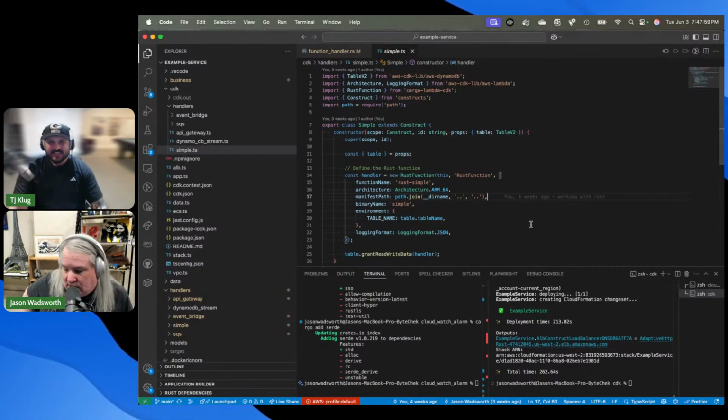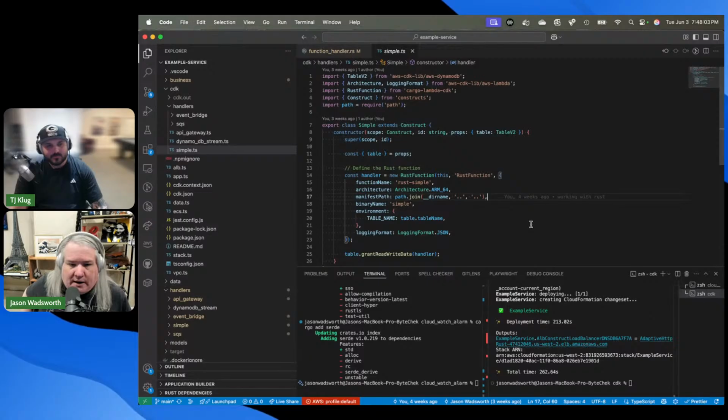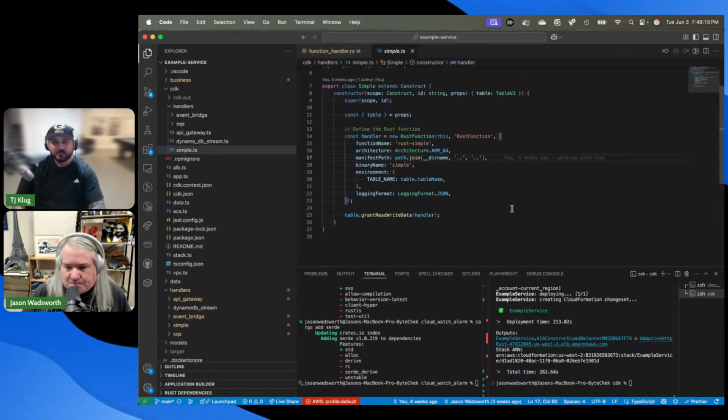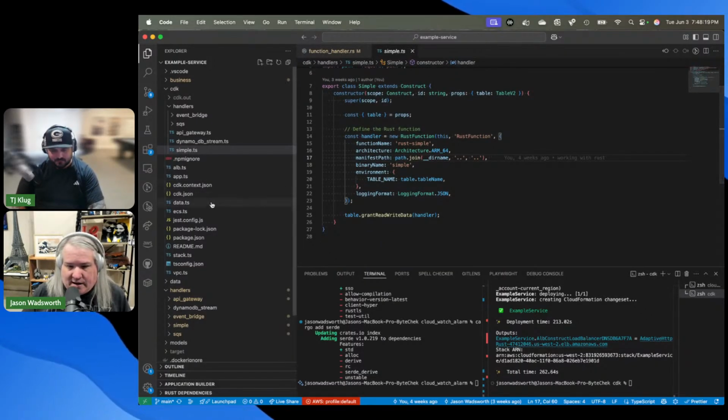I actually very much prefer to have all my language the same. To me, that's a big reason why I like TypeScript, because I can use it on the front end, the back end, and I can use it for CDK. And it gets me away from this mental context switching that ends up having to happen whenever I switch. I would love it to be in Rust because I hate having to switch between these.